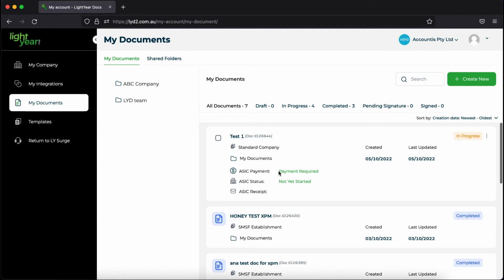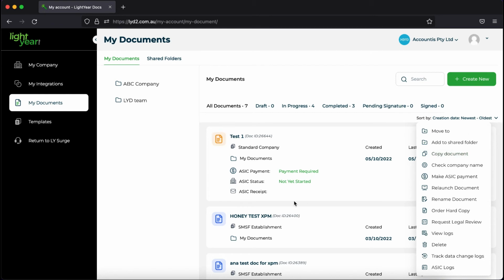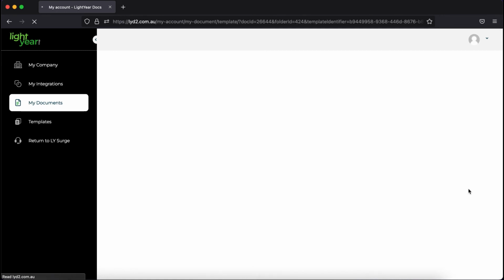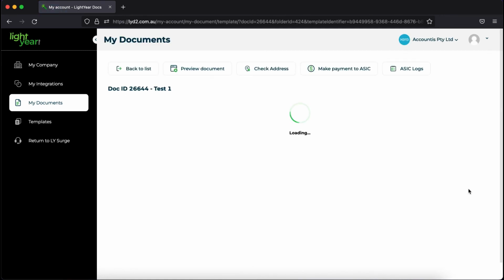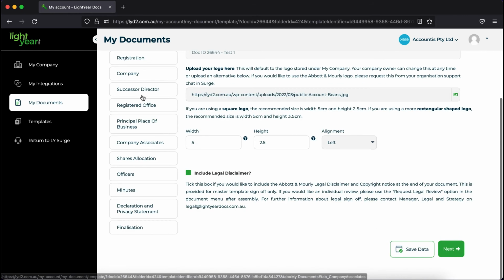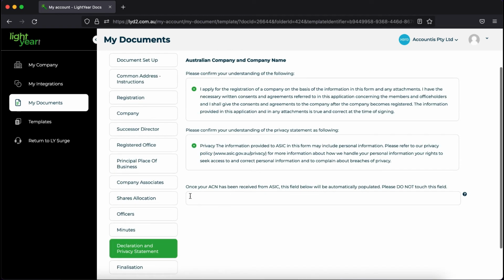The ASIC payment will say payment accepted, and the ASIC status will be completed. Again, to know that your ASIC registration has gone through, the ASIC receipt here will show the ACN number. So again, suspending our disbelief for the sake of the demonstration, our ASIC receipt has gone through. Next thing we do is we relaunch the document. Pending everything has gone correctly, what you will see is in the second last tab here, your ACN will be